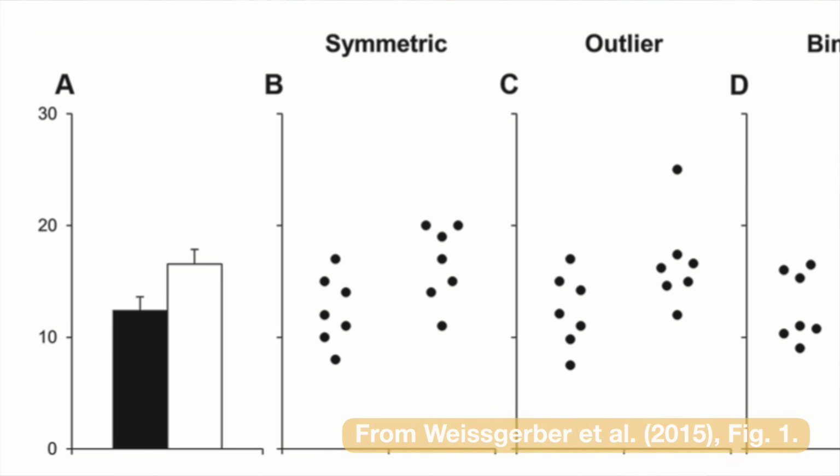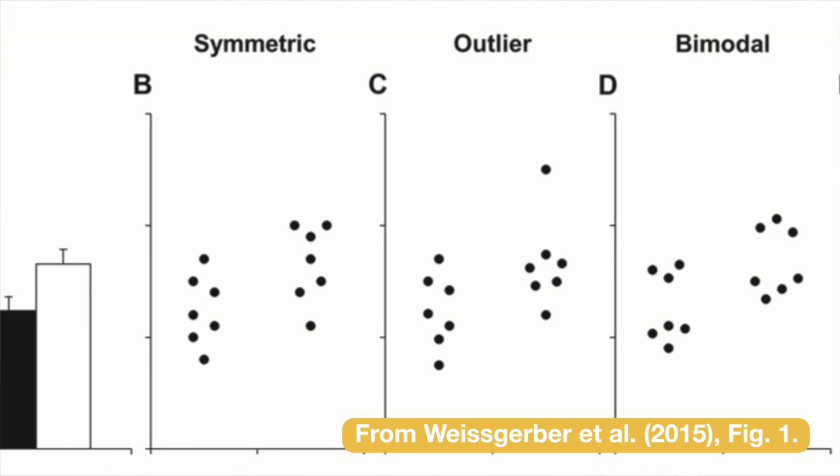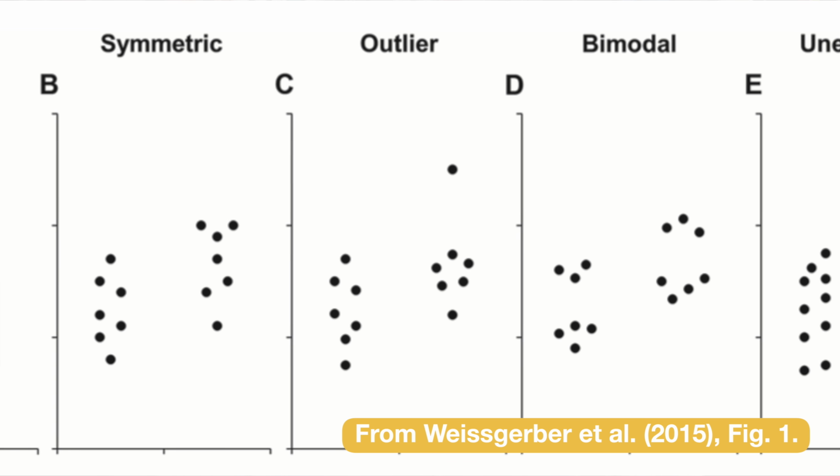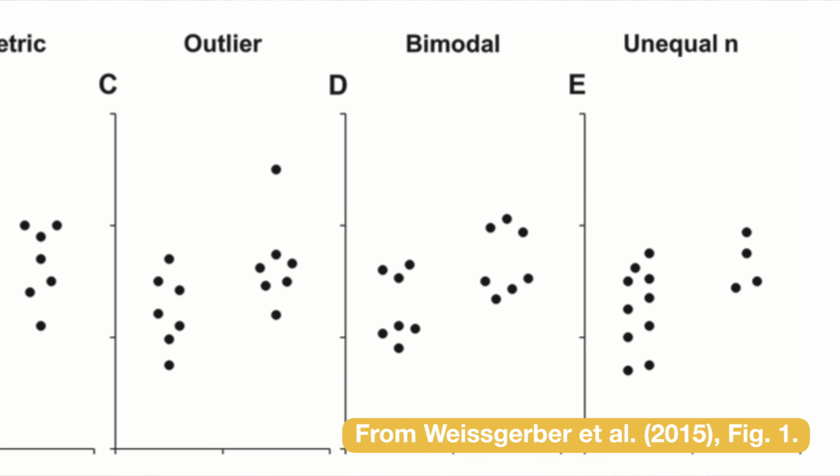2 numbers, a mean and a standard error, and everything else is concealed. The concealment matters because distributions shape interpretations. If the treatment group is bimodal, the appropriate conclusion changes completely. If the result is driven by outliers, the replication probability is much lower than the clean bar graph suggests. If the sample is tiny, the apparent effect could easily just be noise. In each case, the bar graph creates overconfidence. It presents a compressed picture that looks like solid evidence, and readers respond to it as solid evidence because they